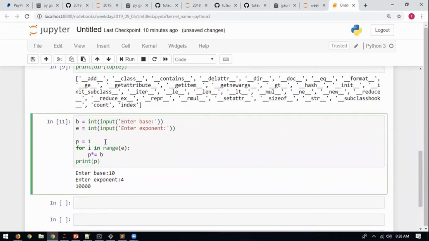Whenever I would have to find power or exponent of something, I would need to write all this code.